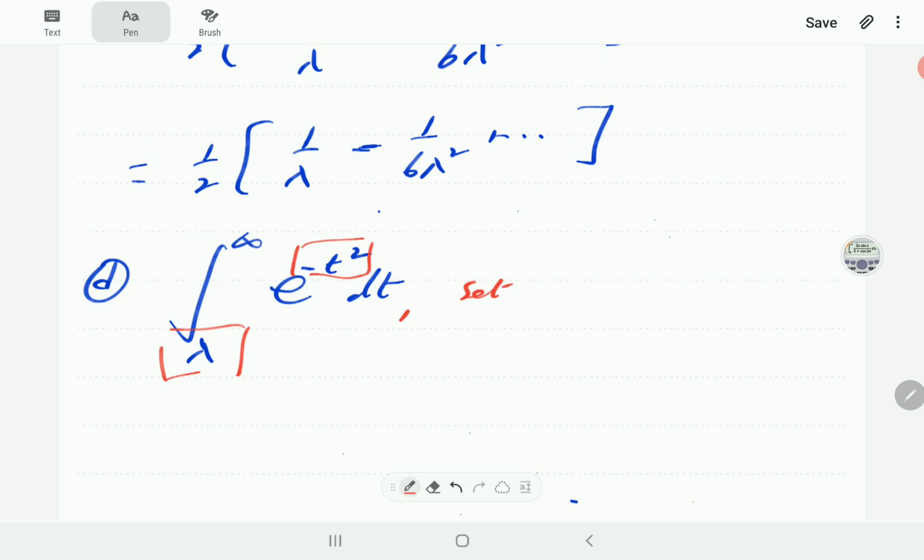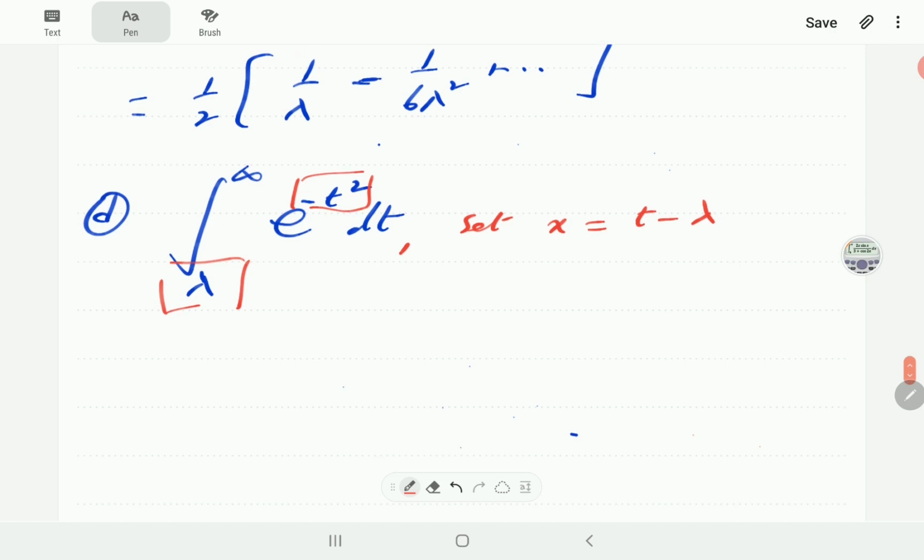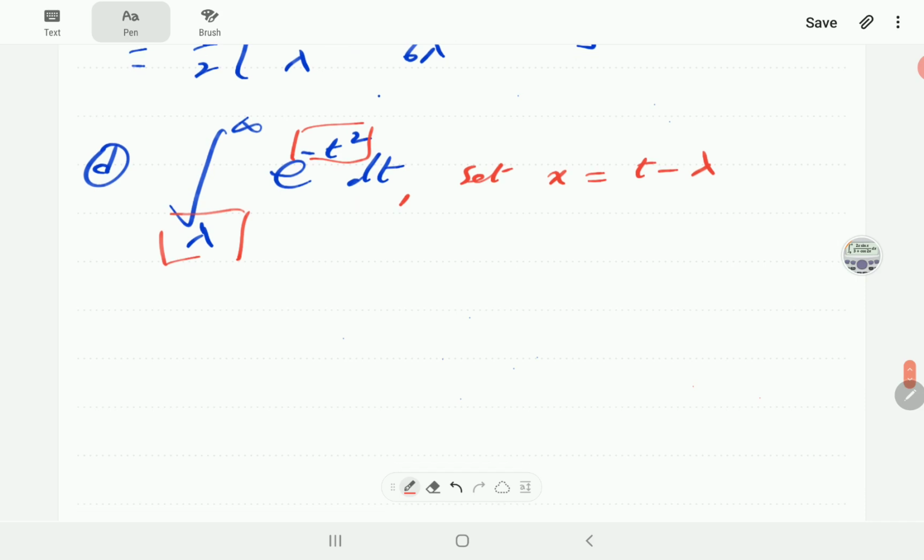However, we can sort those two by introducing a new variable, x equals t minus lambda. When we do that, then the lower summation limit is going to be 0, and the upper summation limit is still going to be infinity. And then we will see what algebraic manipulations we can do in the function inside the integral. So our integral is now going to be the integral from 0 to infinity of e to the minus